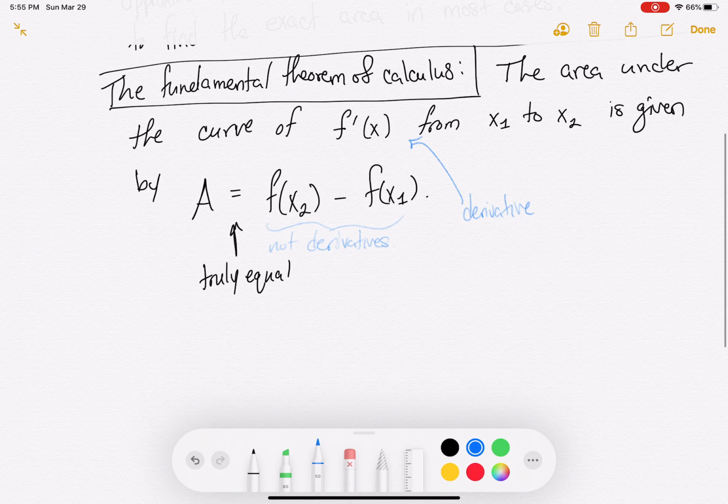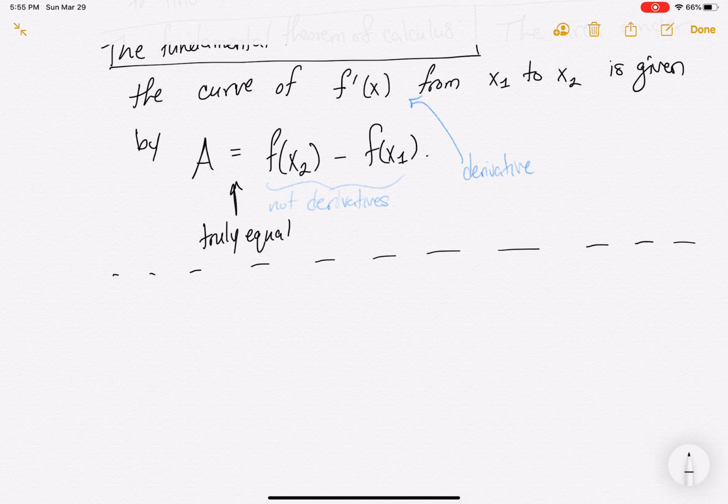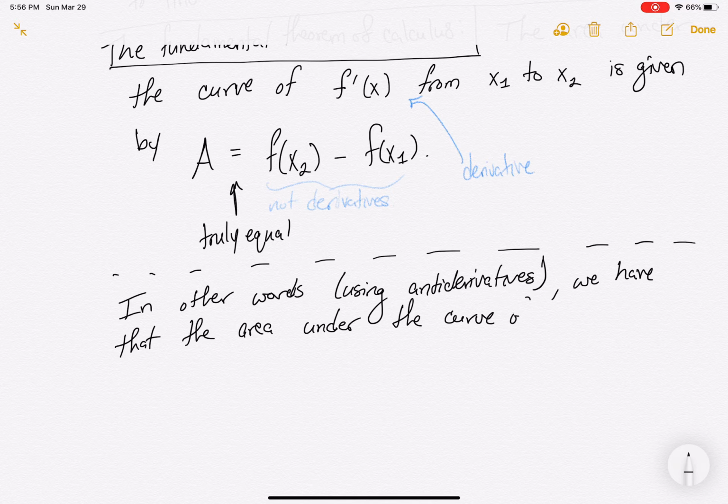In other words, another way we can write this using antiderivatives, we have that the area under the curve of f of x from x1 to x2 is given by